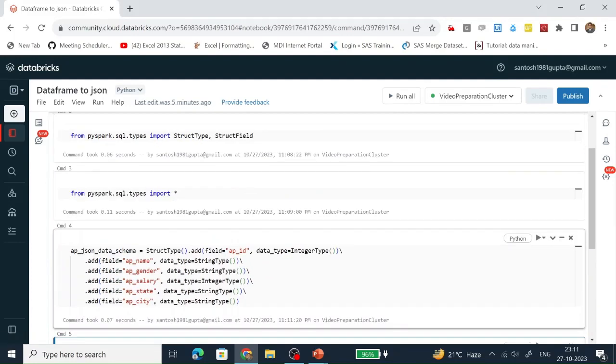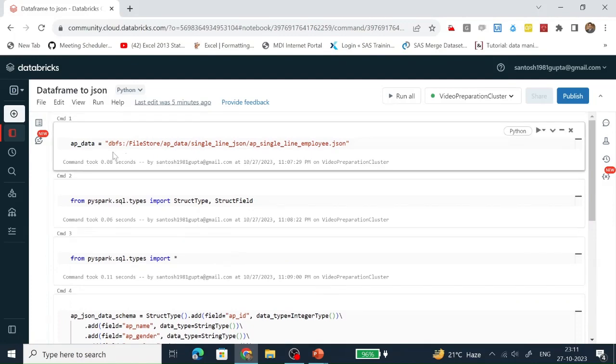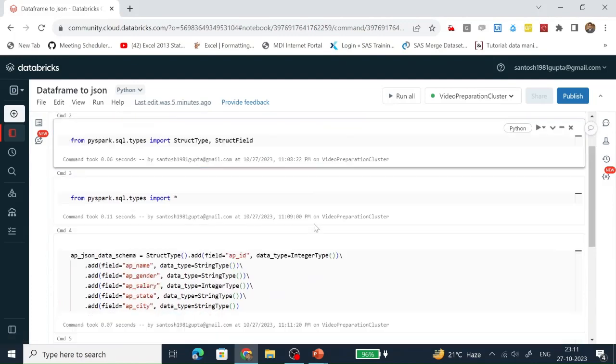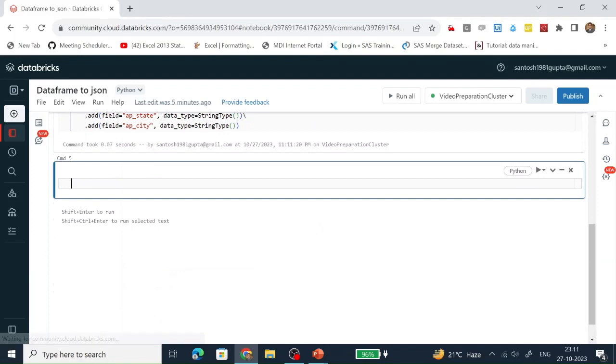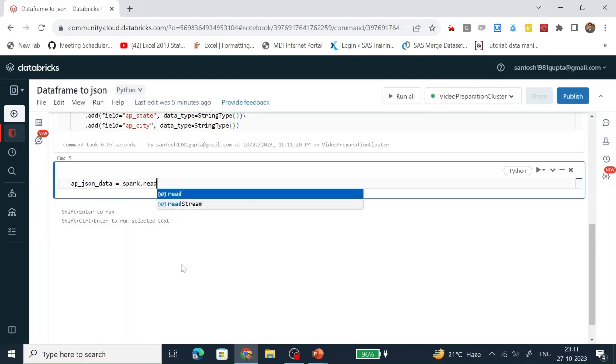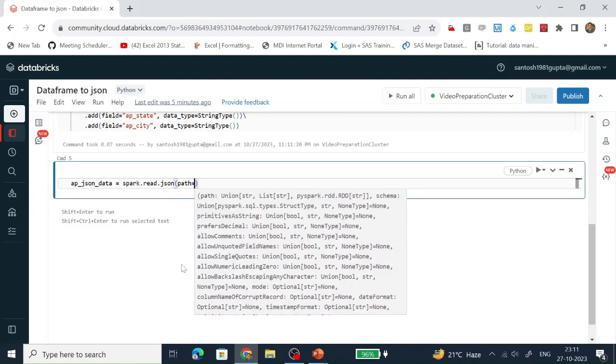So let's read this JSON file. How are we going to read it? We will be using spark.read.json. Here we are passing this path parameter.